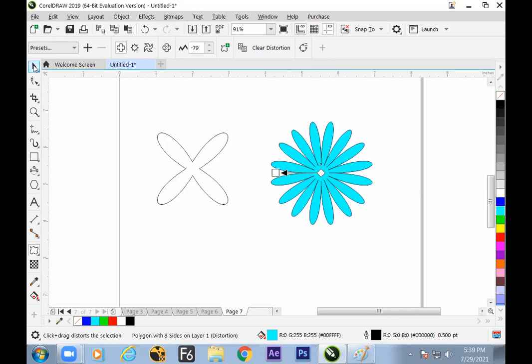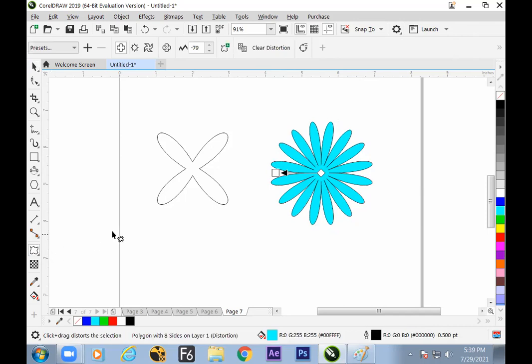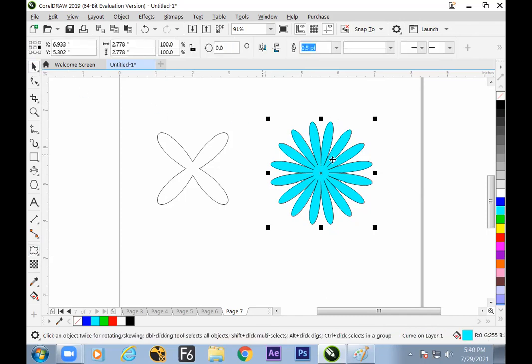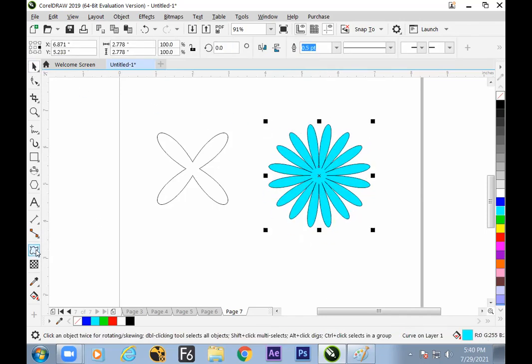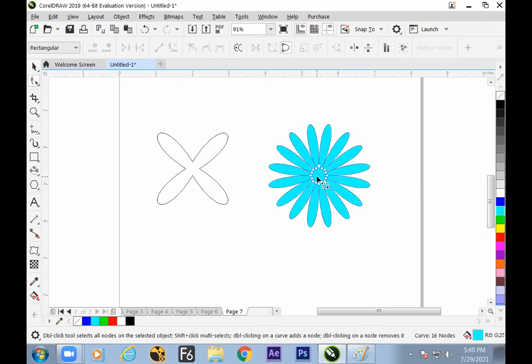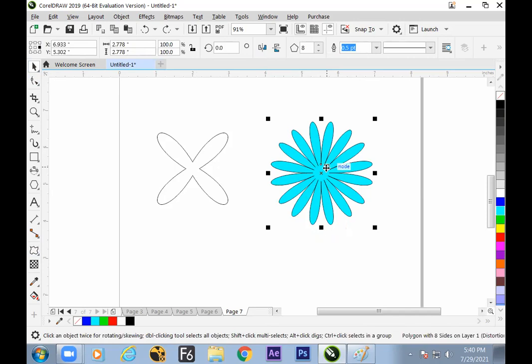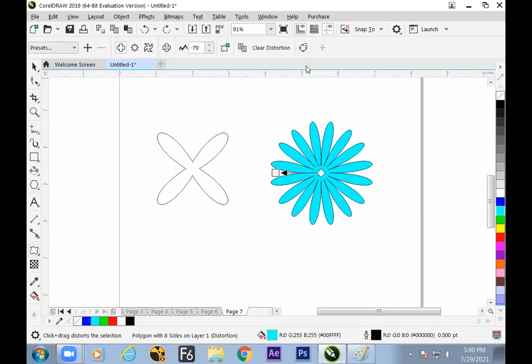Next, if you feel it is final and we don't need any more changes, then there is a button over here called Convert to Curves. Convert to Curves will convert this design into a permanent design. So hope we have understood now what the Convert to Curves action is here. No more changes can be made. Convert to Curves allows a permanent distort to be applied to the object. Till the time we make Convert to Curves, we are allowed to clear the distort.